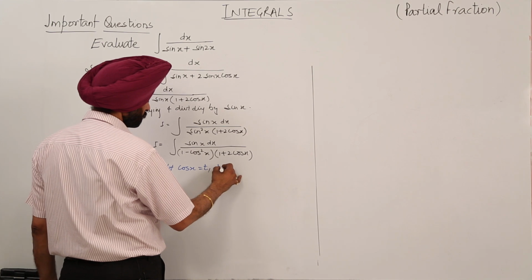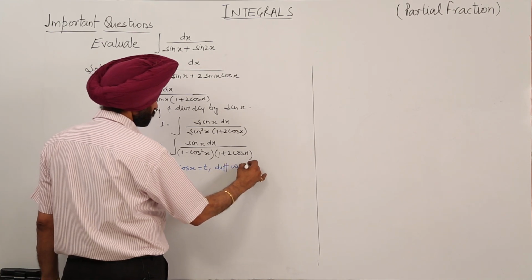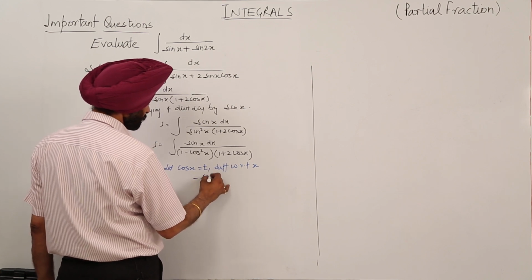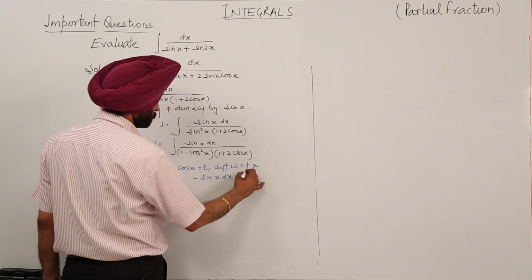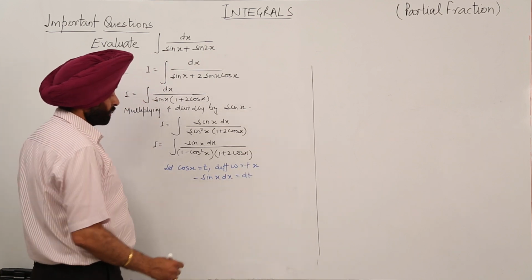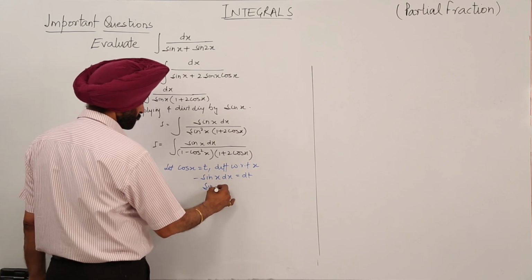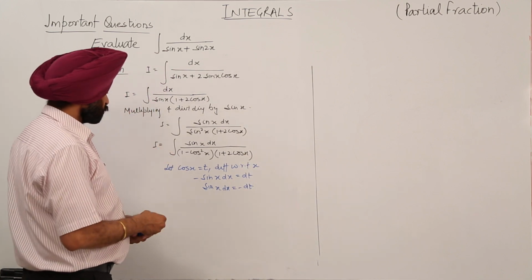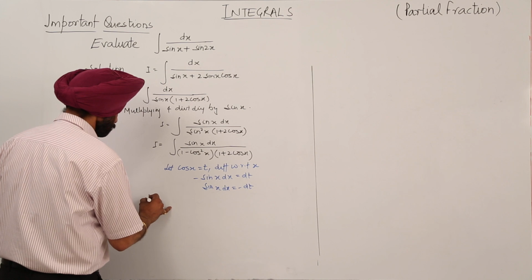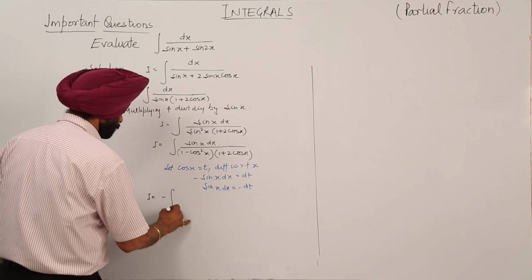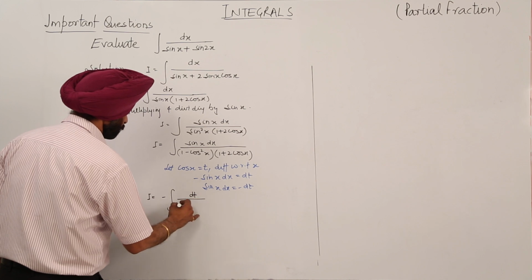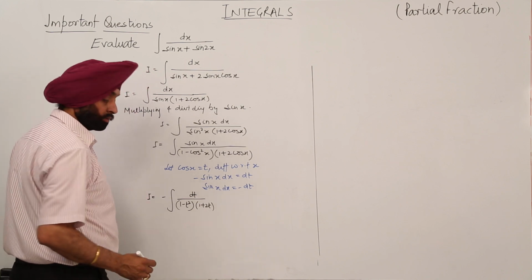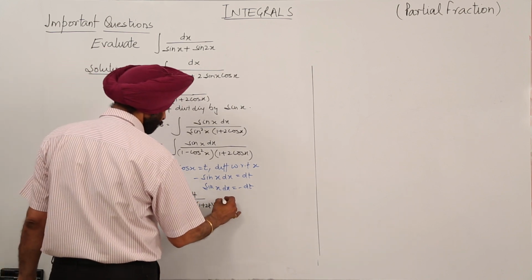So differentiating with respect to x, what we are getting? Minus sin x dx is equal to dt. Sin x dx is equal to minus dt. Now the question converts to negative integration of dt upon (1 minus t square) times (1 plus 2t), and further